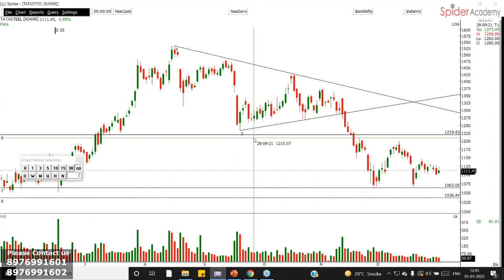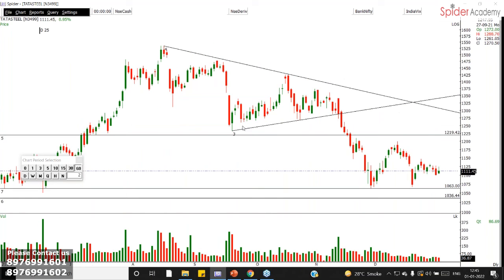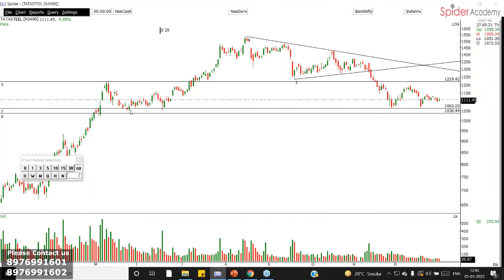Okay, so in Tata Steel you can see that this is the triangle pattern. A triangle pattern was observed in Tata Steel, it is a recent pattern, quite fresh. A triangle breakdown happened here, and after the breakdown a particular support area formed here. If you observe, this was a very good support area, where exactly after coming to the support it rose again. Okay, so I have added a trend line here. So same thing, to add the trend line, you have to press T for trend line, and select the key high levels, and after that select the key low levels. Okay,